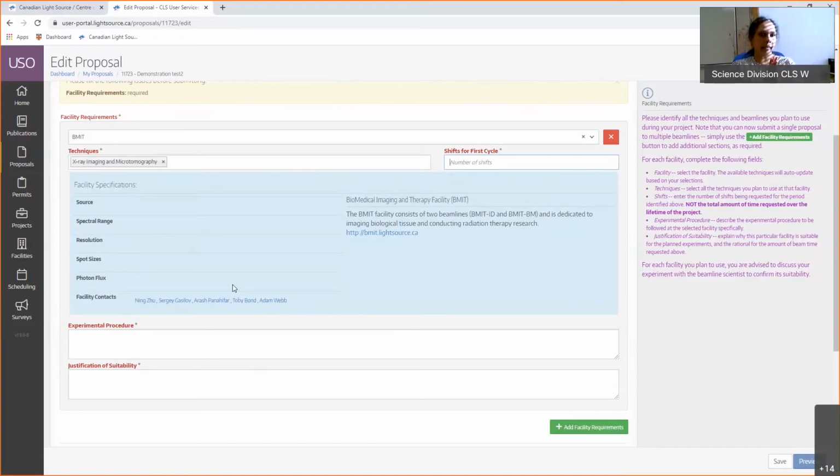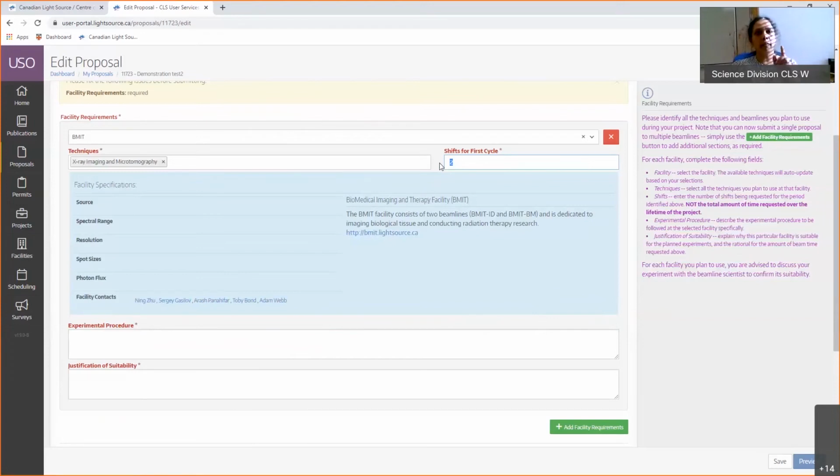One shift is 8 hours. So I don't want to put 1.5 shifts. Probably I can ask for 2 shifts, which is 16 hours. You need to include the time for setup and learning time, right? Sometimes the experiment needs to be adjusted. So calculate how many samples, and contact one of the beamline people, well in advance, to find out how much time it's going to take for one sample and how many samples you have, and then calculate the number of hours, divide by 8 and request the shifts.